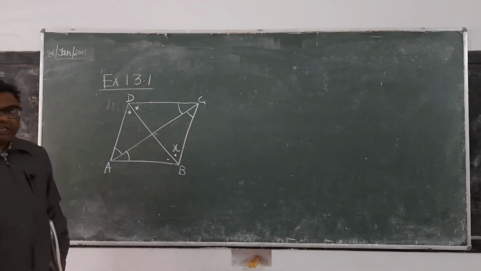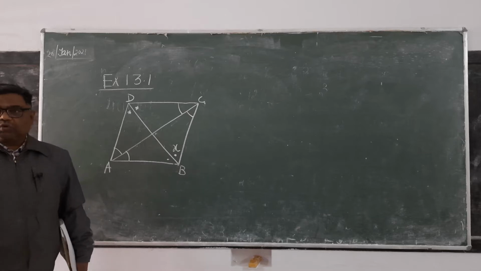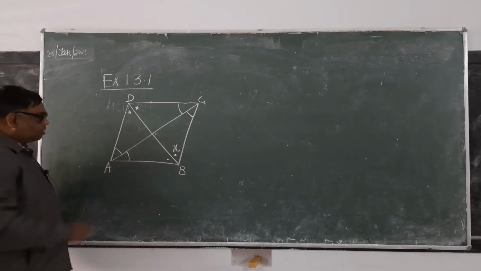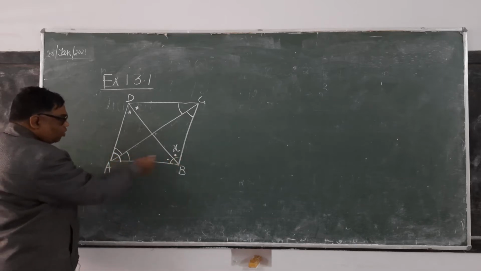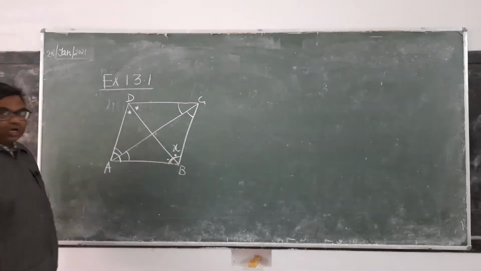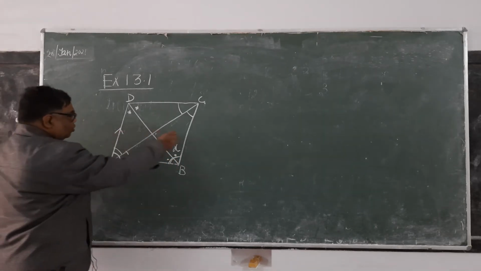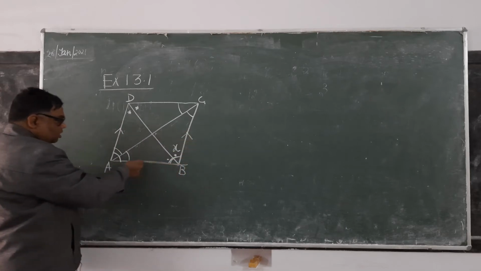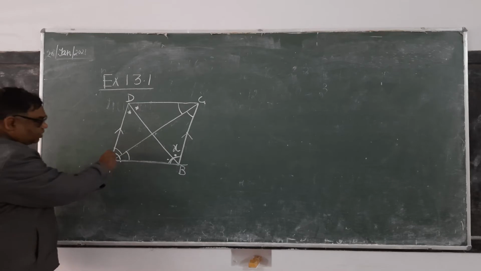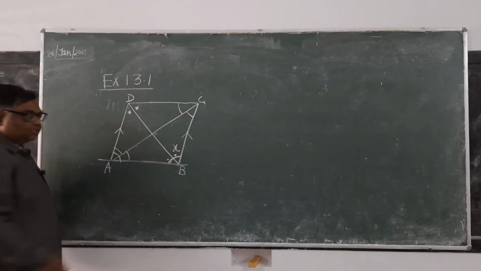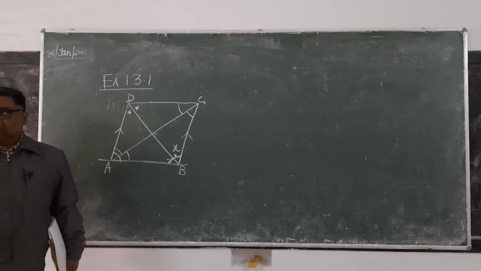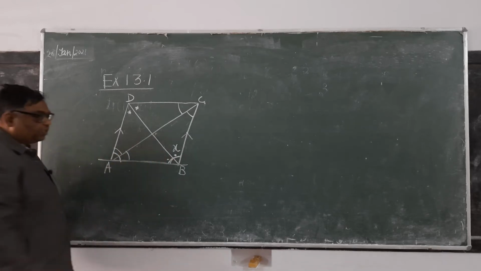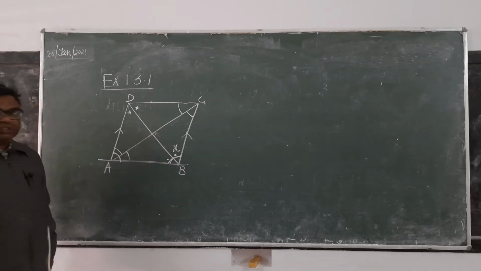So see here, there is one property of parallelogram and rhombus. What is that property? Sum of consecutive angles equals to 180. इस एंगल का और इस एंगल का सम 180 होगा. क्यों होगा? Because this is parallel to this and this is the transversal. Therefore these are the co-interior angles. Angles situated on the same side of the transversal and in between the parallels. So this and this are co-interior, means their sum will be equal to how much?